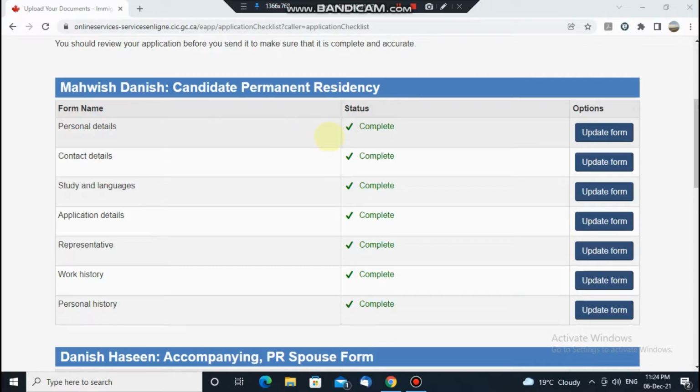Most of it you can see is already filled, but you have to look at some points where they ask in a little more detail. I already submitted this questionnaire before. When you get the ITA, they will ask one by one. So it's just like what you previously submitted in the Express Entry profile.